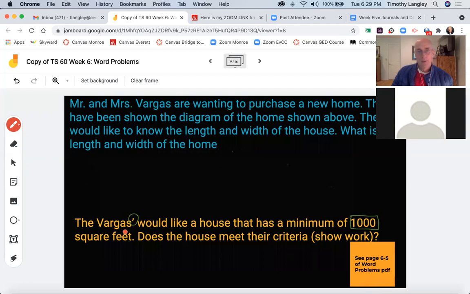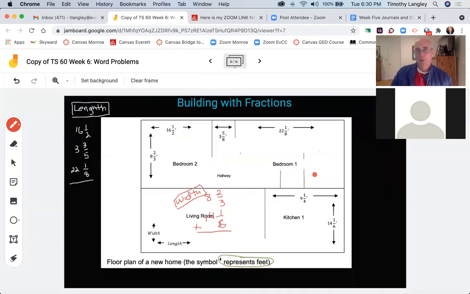Now, the next question says the Vargases would like a house that has a minimum of 1,000 square feet. Does the house meet their criteria? Show your work. Okay. So if I kind of drew you a little picture, let me choose a color that stands out a little bit here. If you had a house like this, okay,